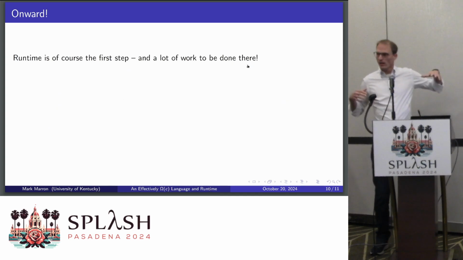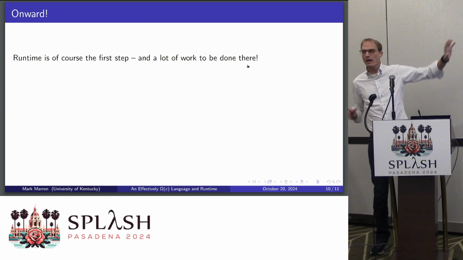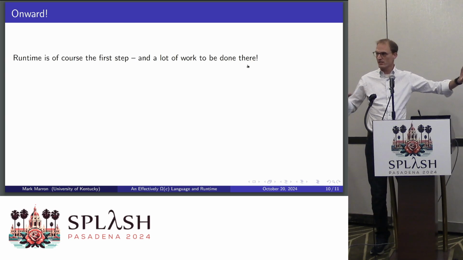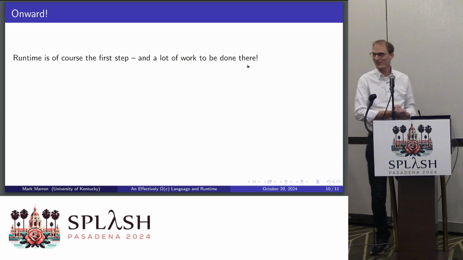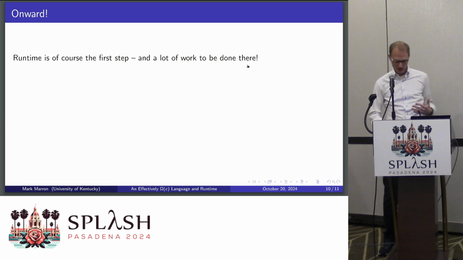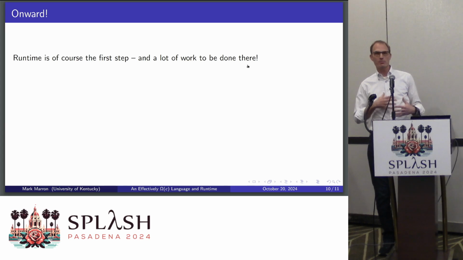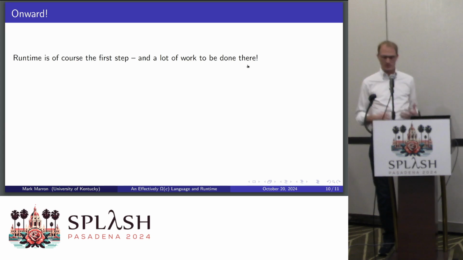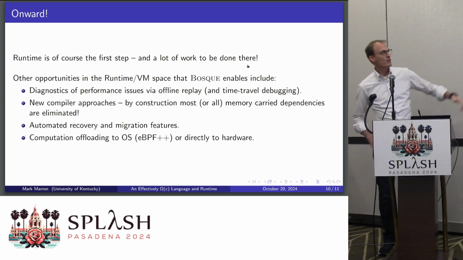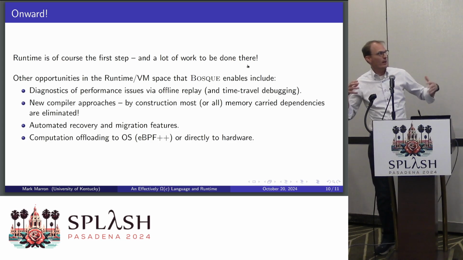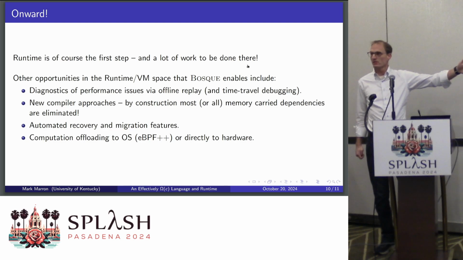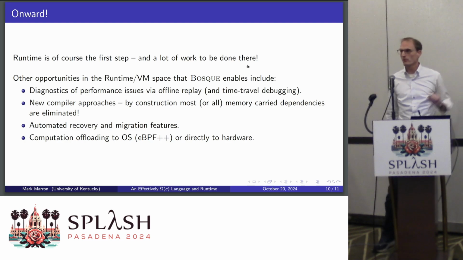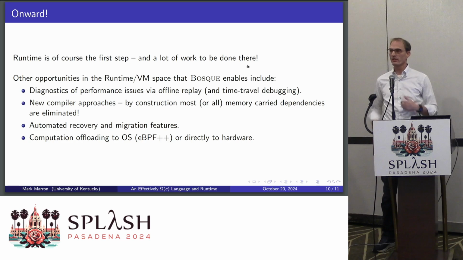So this is a work in progress. Obviously I proposed some algorithms here. They have very nice theoretical properties, but hopefully I'll be back here next year giving you some hard benchmarks on these. This was cool, but it also showed that these properties in this runtime actually open up some other interesting avenues as well, right? If I know that there are no writes to any objects, can I start doing some compiler optimizations much more aggressively than if I had to worry about maintaining a bunch of read-write dependencies, right?